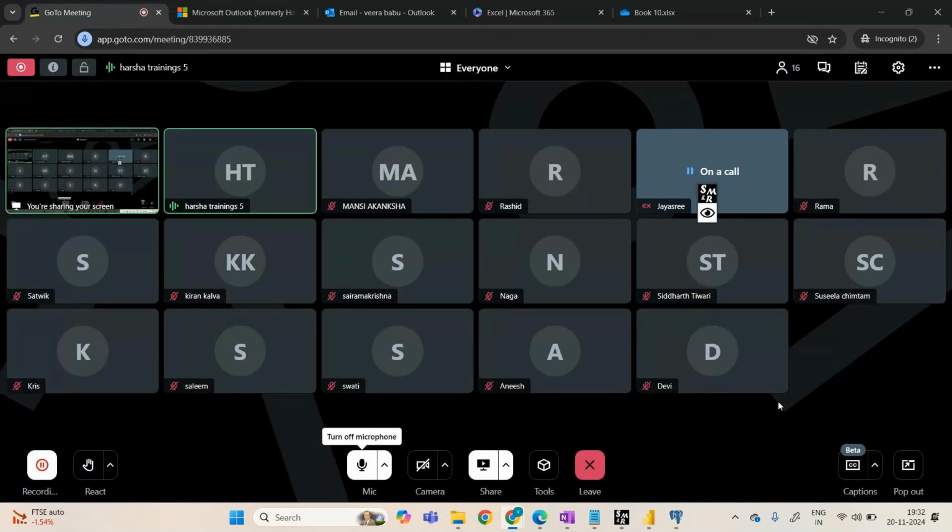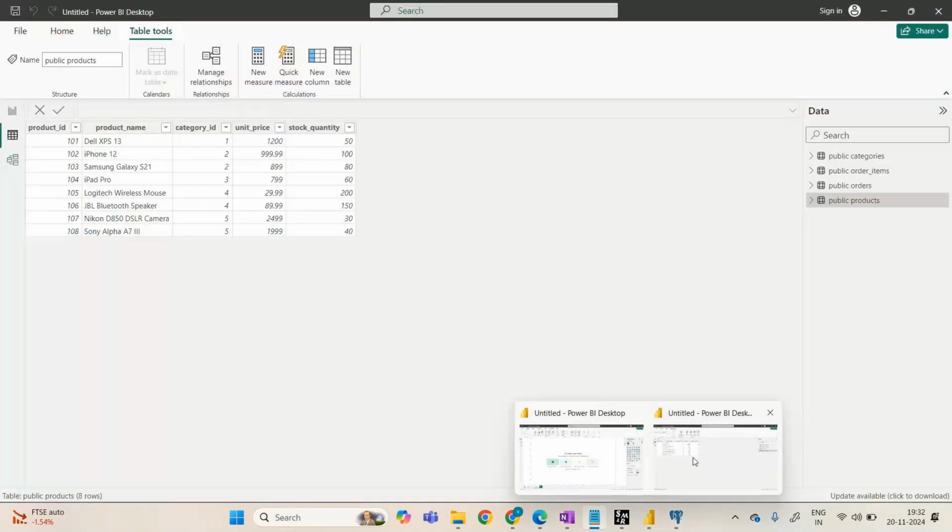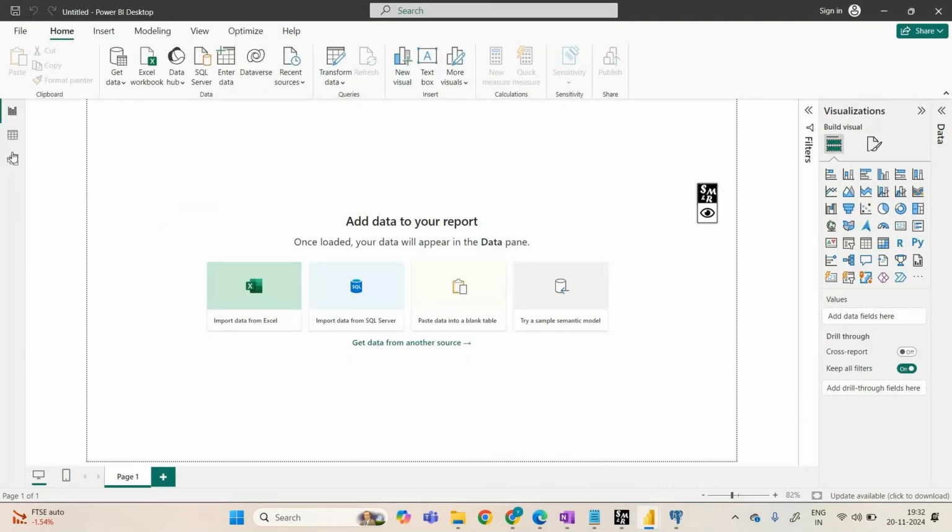No queries. In Power BI, we'll discuss relationships, data modeling, and DAX. DAX is an important part of this. I'll show you one thing in DAX, how it looks. Yesterday also you guys were asking, right? So in DAX,